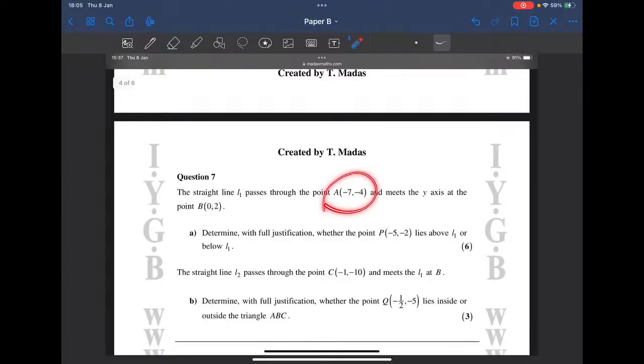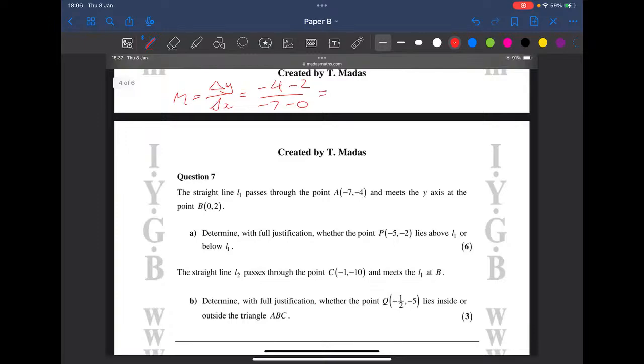We have a coordinate and we have the y-intercept. So we already know plus c. The c is going to be 2, which is nice. We just need to find the gradient then. So the gradient is always the difference in the y's over the difference in the x's. So difference in the y's, let's do A take B, -4 take 2... I've done that all upside down. Let's start again. So y's, -4 take 2, over the x's, -7 take 0,